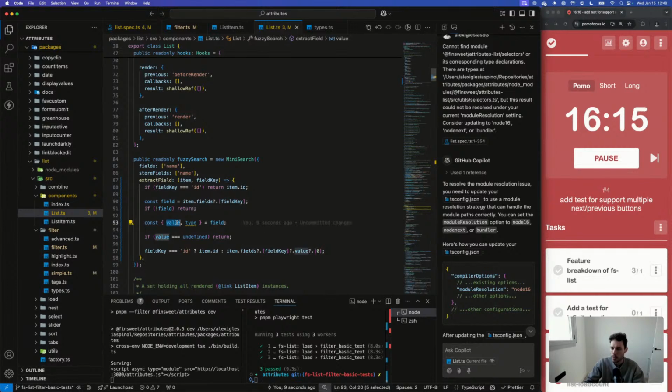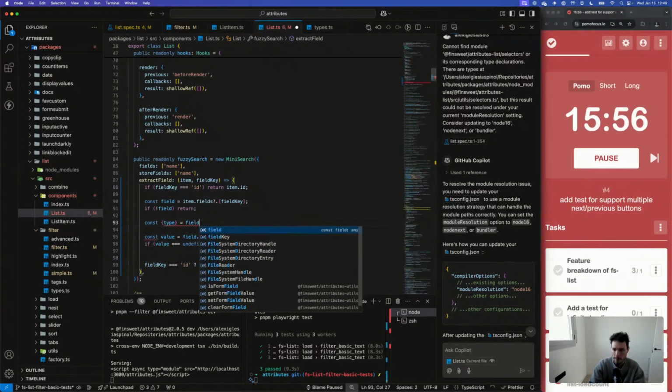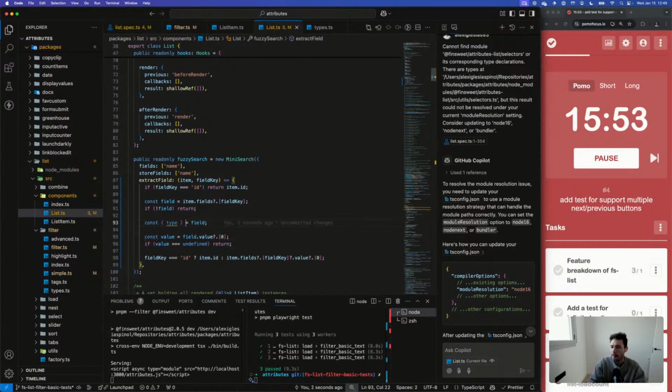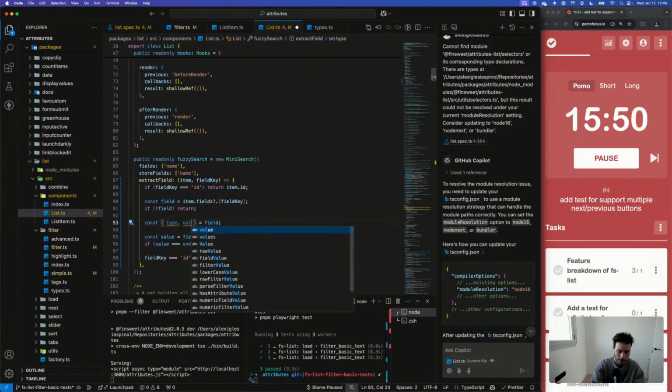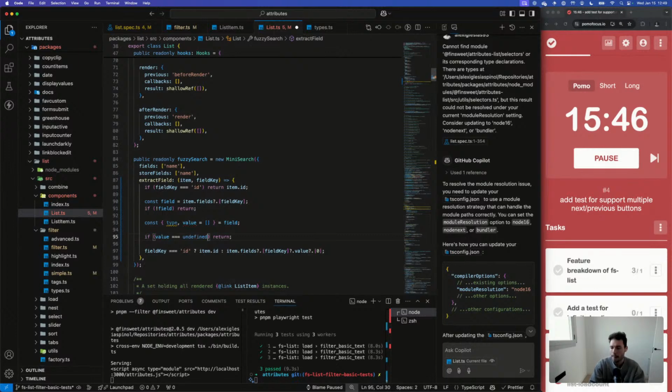So the value, can I get the first one? Can I destructure this to get the first one?